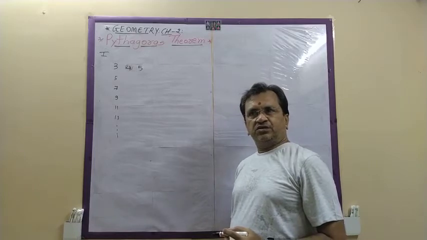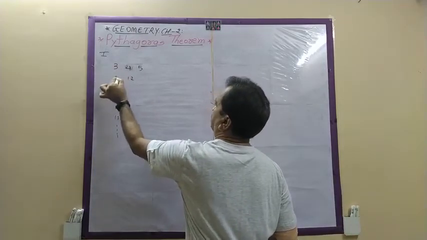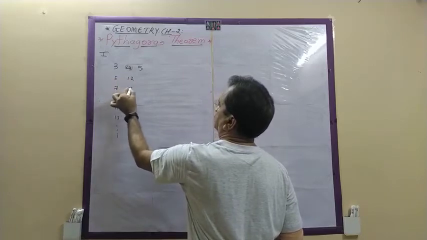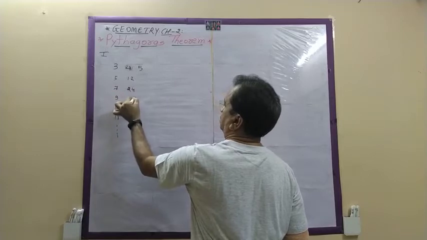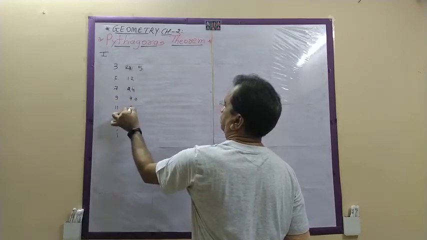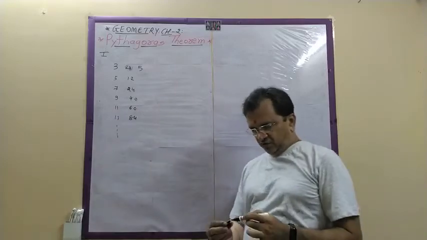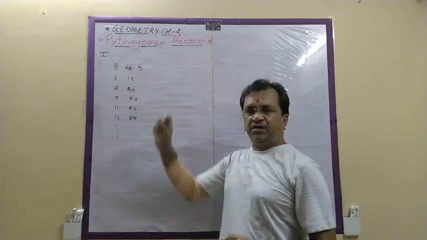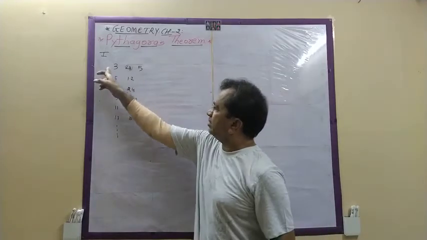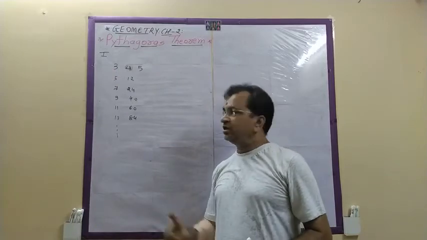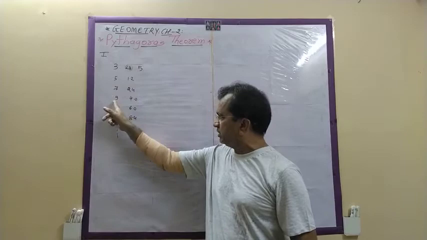Next, the total of 1, 2, 3: this plus this plus this, total. First step, you write the minimum, the round figure of the triplet. Second, write all the odd numbers. Third point, 1, 2, 3 total.